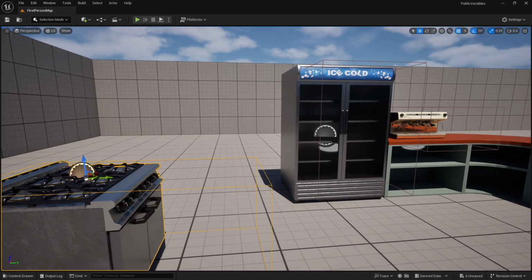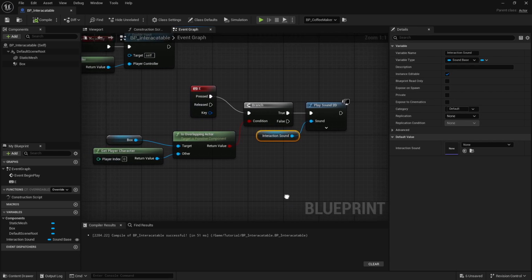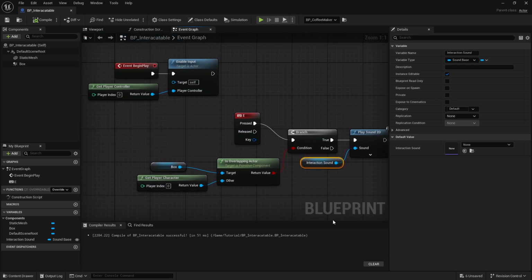And because we used this public variable for our interaction sound, we're now able to go from having potentially 3 different blueprints down to just a single one. And I want to reiterate, if you are working on a full-size game, you could potentially have hundreds and hundreds of these things. And being able to do this with just a single blueprint is going to make a big